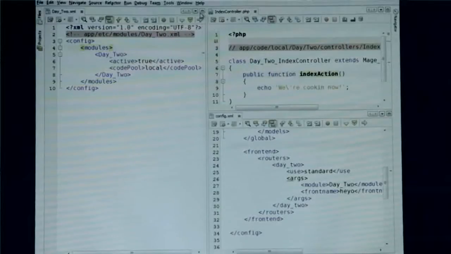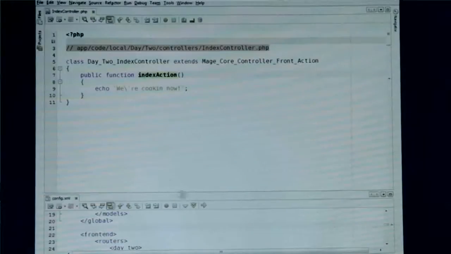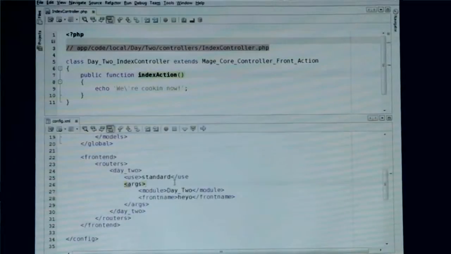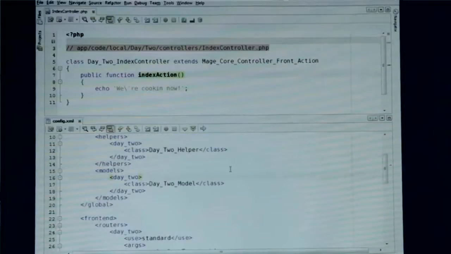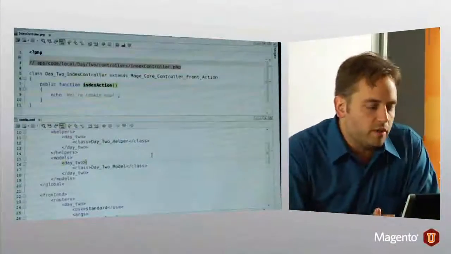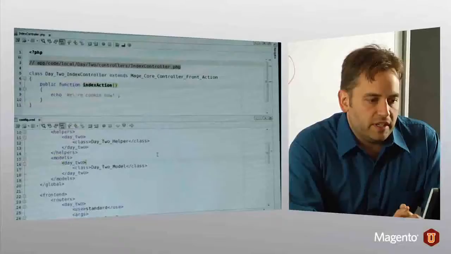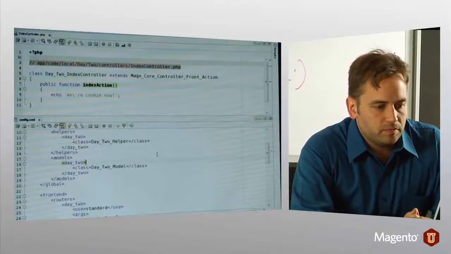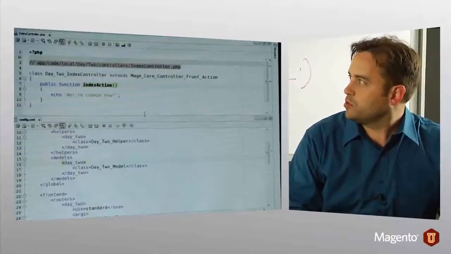Okay. Well, I can close this out. Oh, I need these two open still. I'll split the screen this way. Okay, so I'm going to fix my XML here. Now, I've specified my model class group. So one of the next steps in this exercise is to get a model instance using Mage::getModel. And since I already have this route and this controller at my disposal,